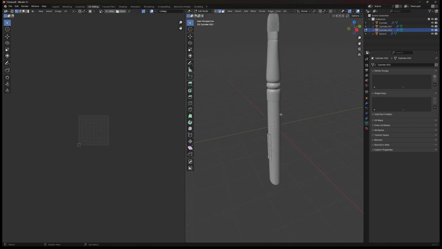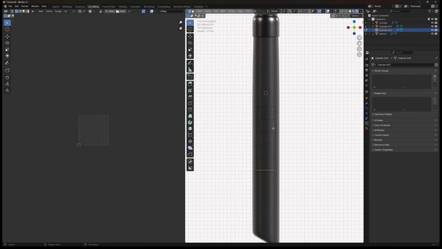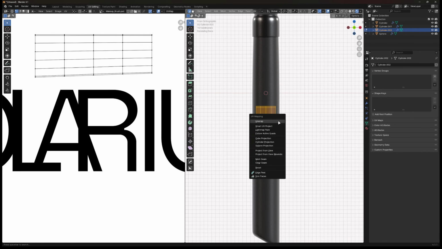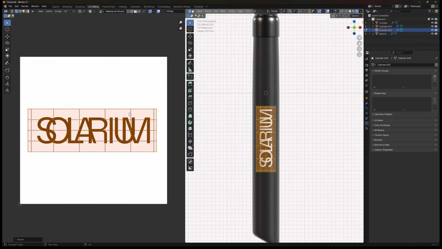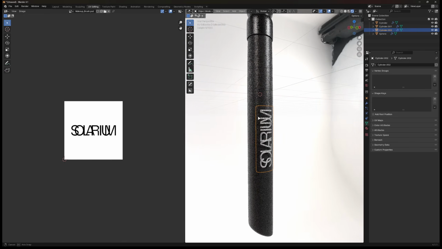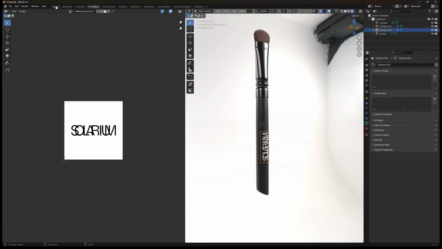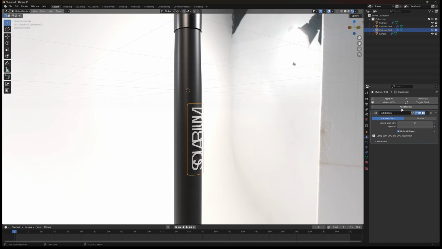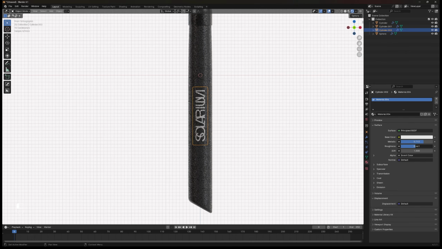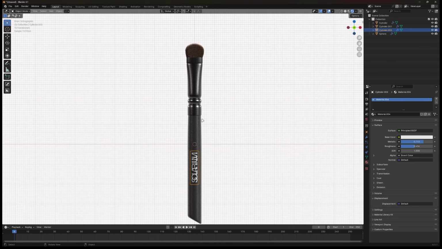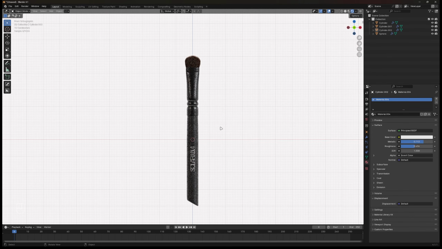Move to UV editing window and select all the edges with pressing A, then press U and choose unwrap. On the left panel, adjust and rotate the UV to match the logo. After it's all in place, back to layout window and add shrink wrap modifier. Select the stick as the target and increase the offset to 0.001. I give the logo color to metallic white here. You could experiment with it, and yeah, we have done the modeling.